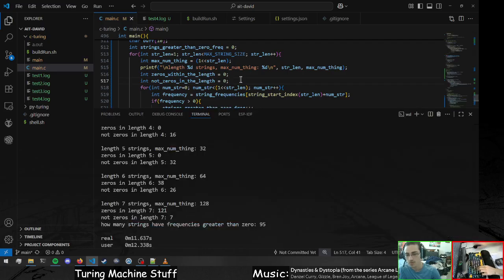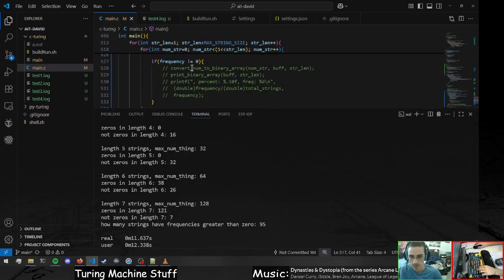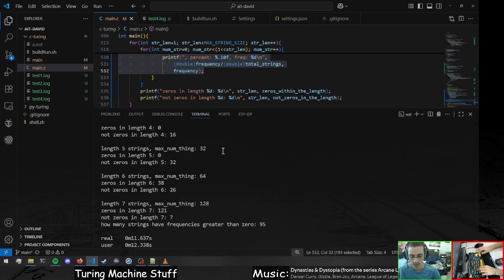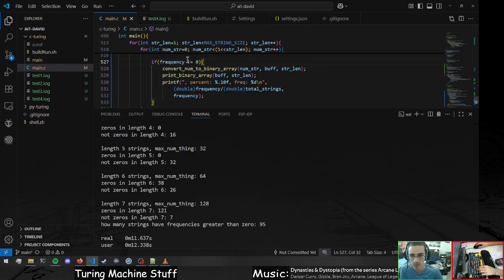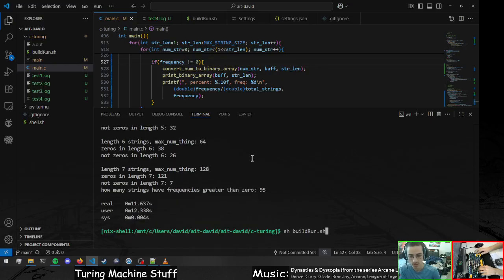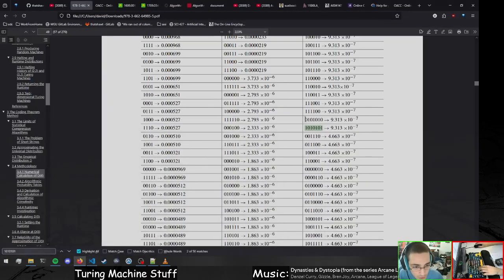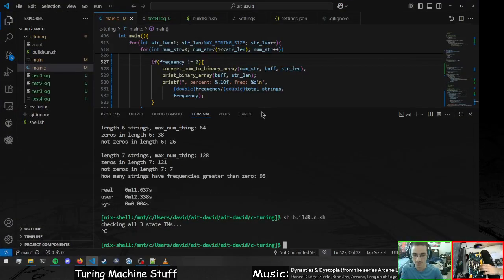That could be it. That actually could be it. All right, let's go back to printing the not zero strings, so we can know which ones are which. So I think what I'm gonna do is do a test, actually,